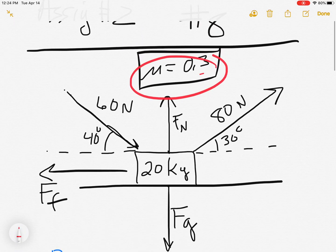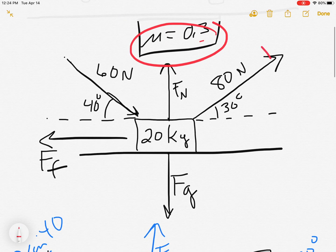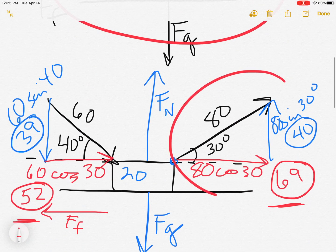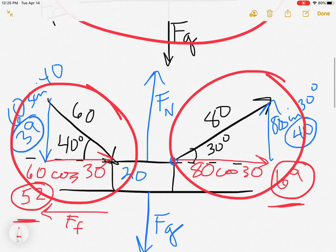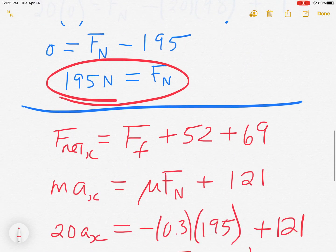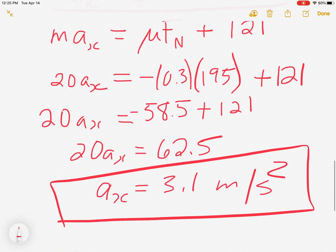We've arrived at the answer. Again, we did the same thing as we did in all the other questions. We started with a free body diagram, and we showed all the forces. Then we resolved our forces that were on angles. That's a new trick we learned. Then we wrote our F net y, got the normal force, our F net x, and out popped the answer. And it doesn't matter what the question had asked, it would have popped